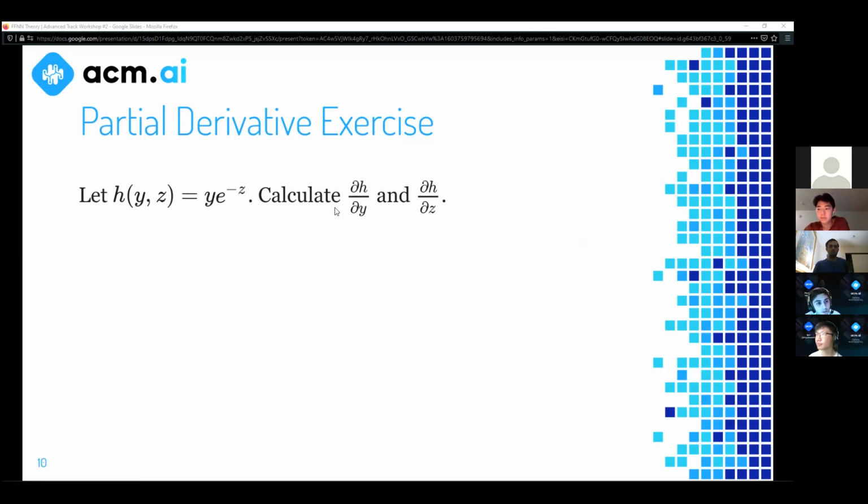When I was first learning it, what made it easy for me was literally thinking of those constant values as numbers, computing it, and then realizing that they're not numbers, but you treat them like constants. So can you guys take 2 or 3 minutes to do this, and you can just type the answers in the chat as you get them.